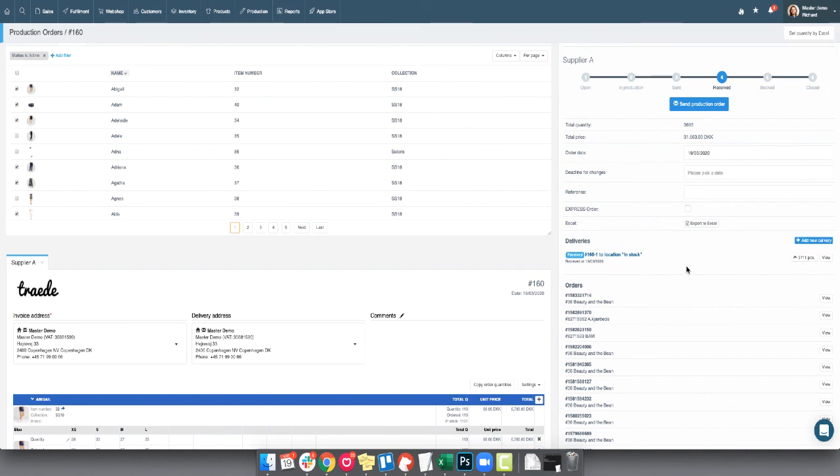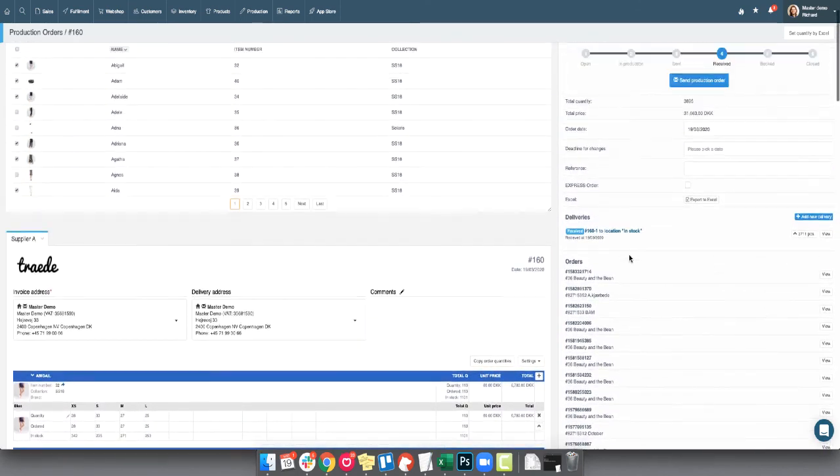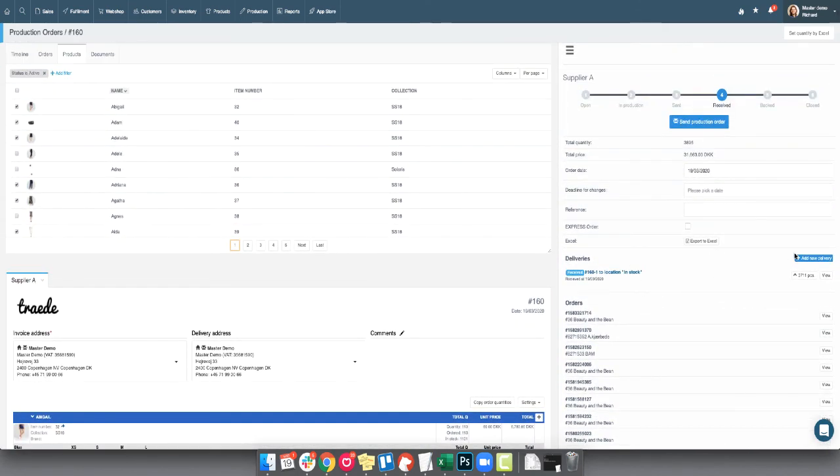So remember to make sure that you keep your POs updated with the correct deliveries. You can always add a new delivery to the production order, so just be aware of this. But this will have made it so that your products have gone into your inventory and you can now start selling, and it will have reserved the quantities for your orders that you based your